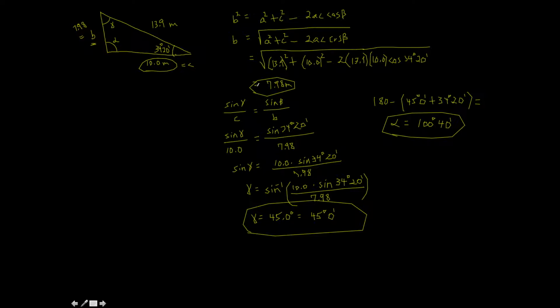Now remember, the reason we chose the smaller side and its angle to solve for here is so that we would get an acute angle, so that we could read it straight out of the calculator. Otherwise, you might get one that happens to be obtuse and the calculator reading will be wrong. So this will help you with your inverse sine if you just choose the smaller side like we did here. Okay, so this is the side angle side version. Alright, so let's look at